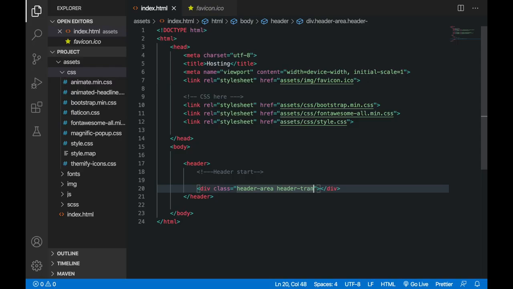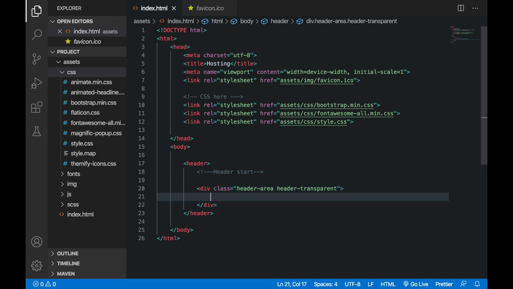So this is going to apply some CSS rules over it. So here you should write header transparent. Sorry, it should be transparent. And after this again I will create another container, and the class name for this will be main header. So class equals main header,